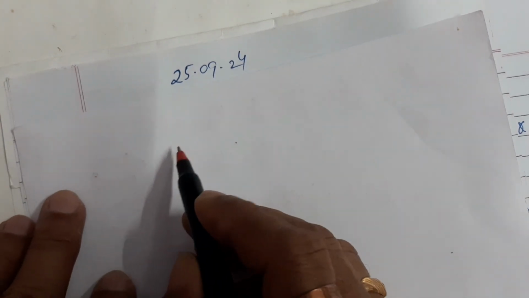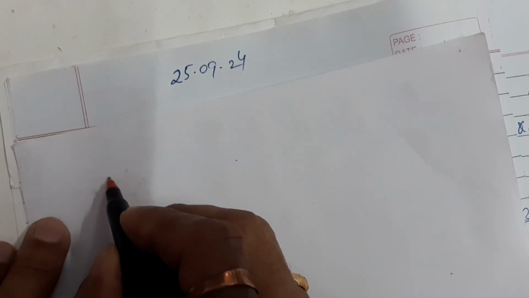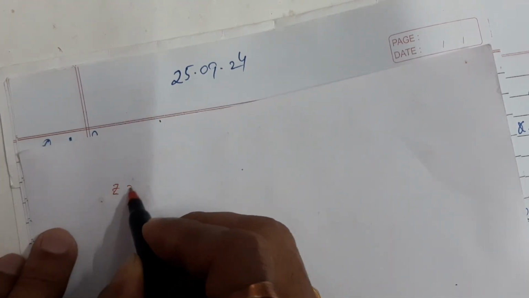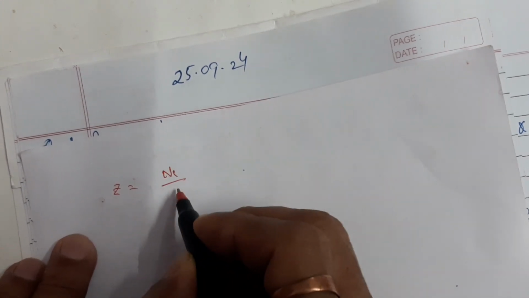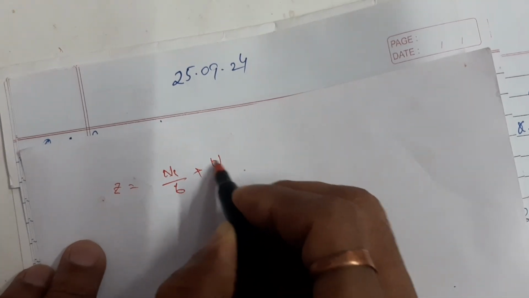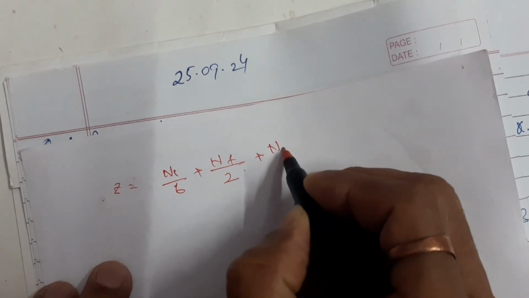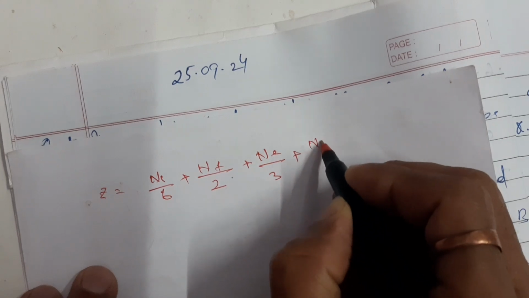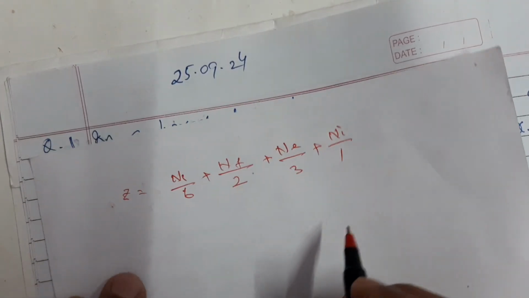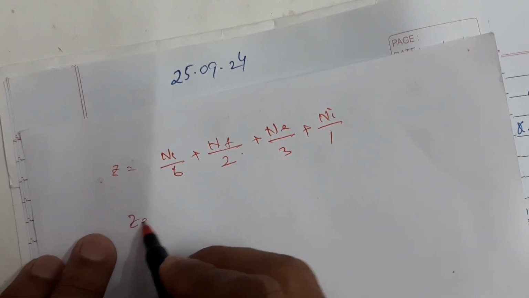So for this there is a formula. What is the formula? For hexagonal, the z value is 1 nc divided by 6 plus nf, that is face, by 2 plus ne, that is edge, by 3 plus interior by 1. But in the calculation, we are not taking the edges. So the z value is equal to